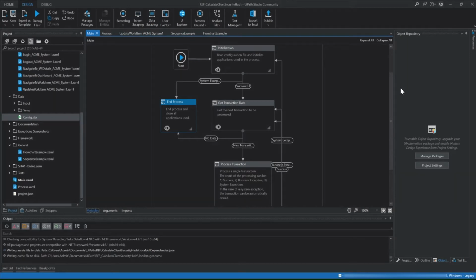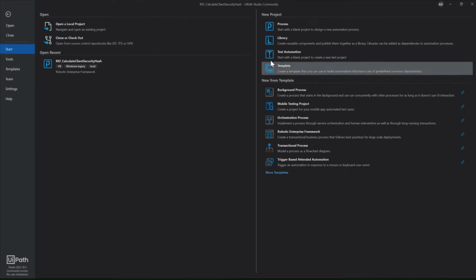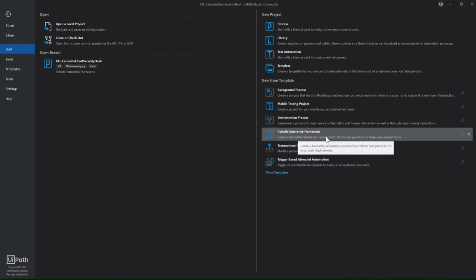So in UiPath Studio, when you're starting out a new project, you'll have the option to either choose a blank template, or you can use some of the templates that UiPath provides out of the box. There's quite a lot more templates as well when you go to the more templates folder. But one of the most useful templates that I've found, especially for repetitive processes, using either queues or feeding from an Excel file that runs through a lot of transactions,